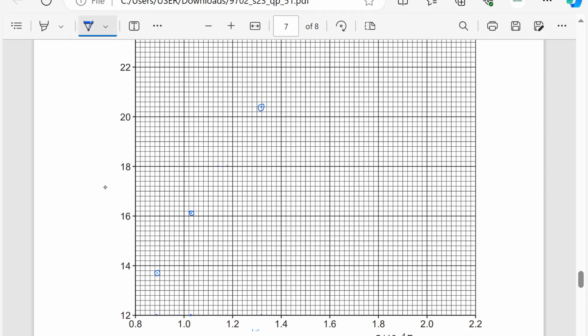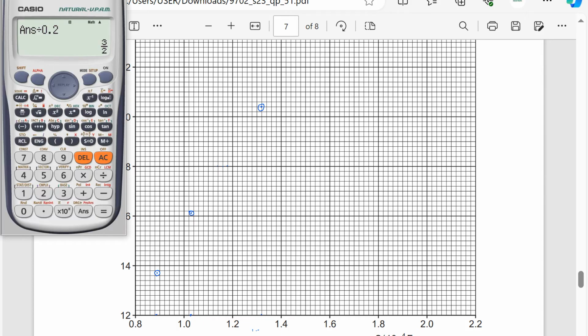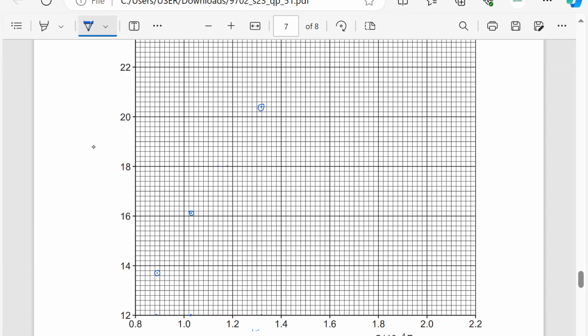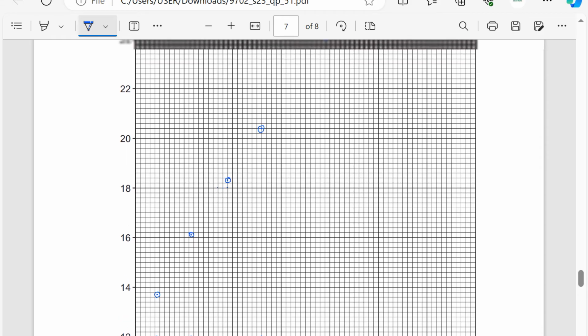Then 1.5. This is 1.5 small squares on the y. So this is the point in between here. It is in between the small squares. So I'll make it visible by circling it. Then the last point is